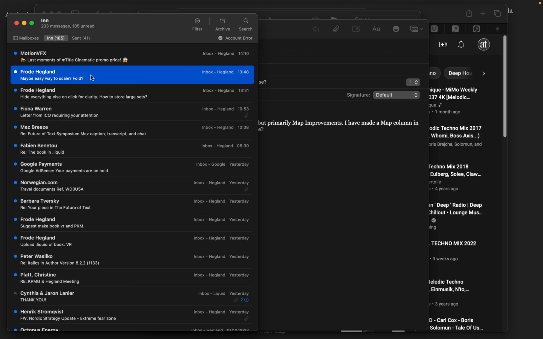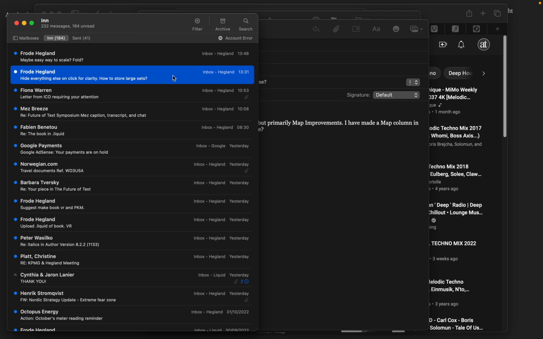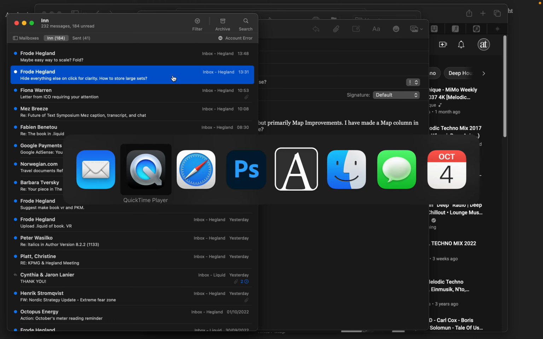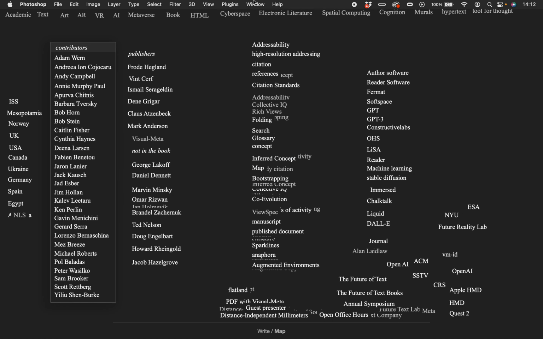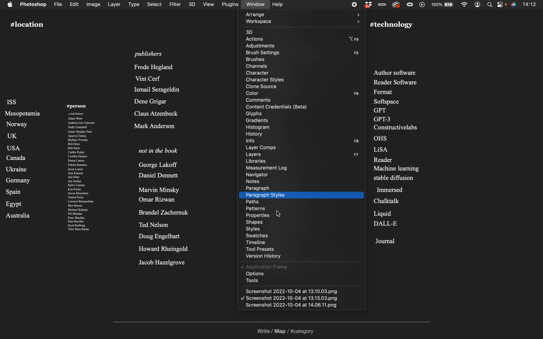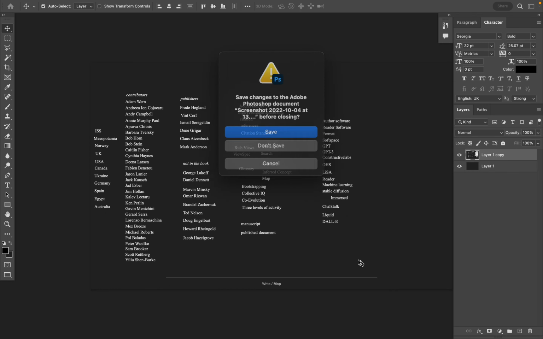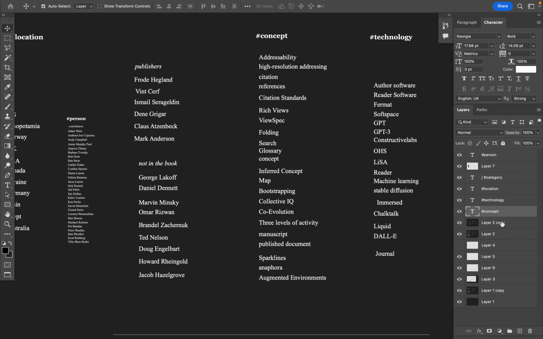As I emailed myself along this issue, I should look at ways to hide everything else and store a large set. So for hiding everything else, just to make it easier to see, I'm wondering which one it is. No, not that one. So in this one, I've gone through a few different things like scaling this section. I'm not sure how well that works. It may work. But also looked at